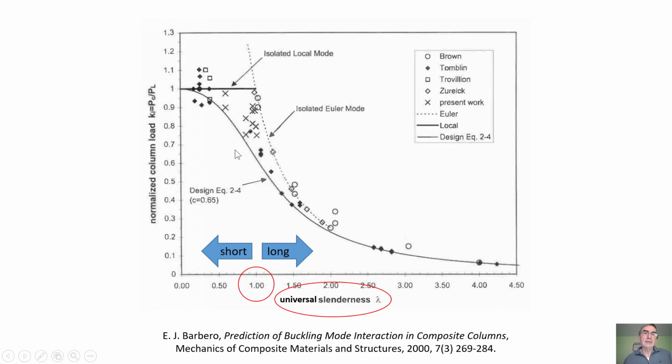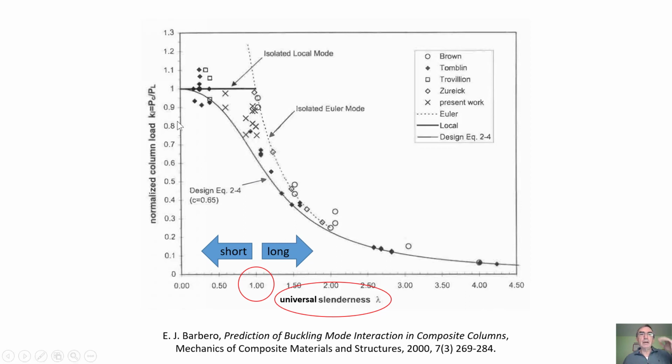So in order to do that, the designer will use an interaction equation, and here is the design equation 2.4 from the 2000 paper, with an interacting coefficient of 0.65. And part of the objective of this presentation is to show you where we get this interacting coefficient. But anyway, if you have the interacting coefficient, instead of using this curve and this curve, then you're going to use only this curve, and you base the design on that. Of course, you put safety factors or load and resistance factors on that as well.